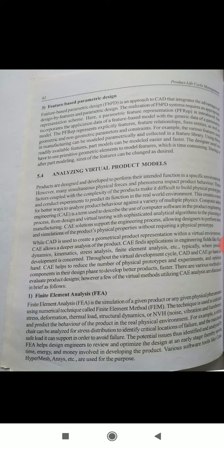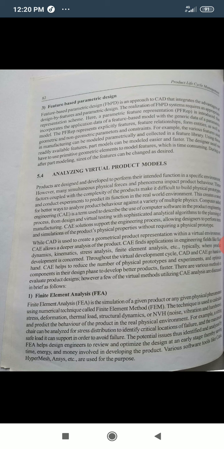Computer aided engineering (CAE) is a term used to describe the use of computer software in the product engineering process, from design and virtual testing with sophisticated analytical algorithms to the planning of manufacturing.